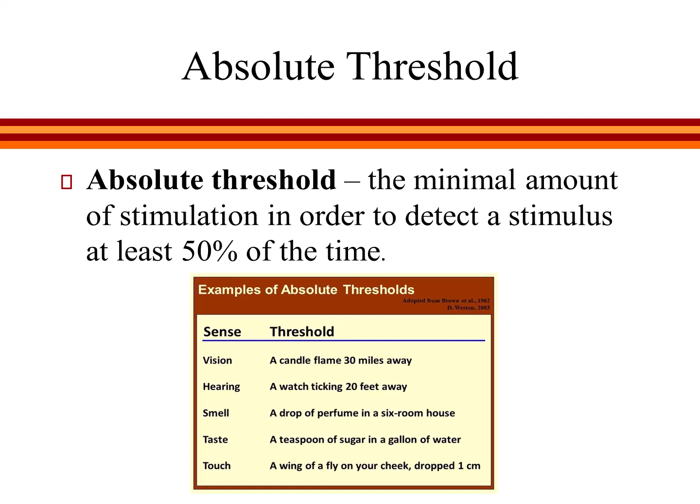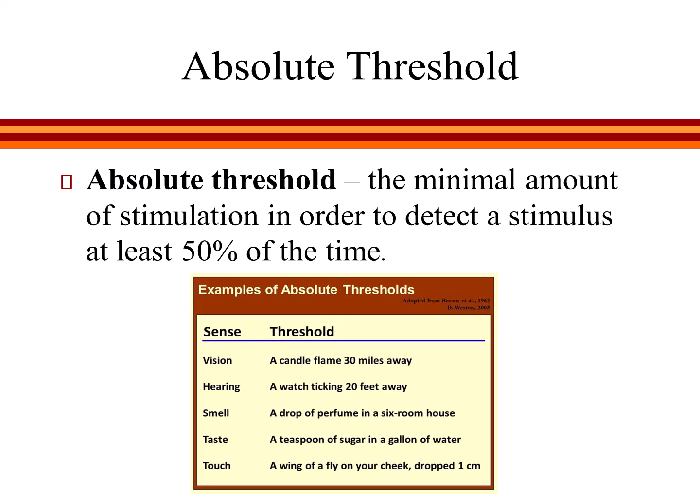In order for our brains to have a conscious experience of the world around us, our sensory organs must first detect some kind of stimuli in the environment, be it a sound wave, light wave, chemical in the air, etc. To do this, however, there must first be a sufficient amount of that stimulus that is present. If a stimulus is very faint, like the sound of a whisper in another room in the house, you may not be able to detect it. Instead, researchers have determined that for each of our senses, we have what's called an absolute threshold, which is the minimal amount of stimulation needed in order to correctly detect a stimulus at least 50% of the time.